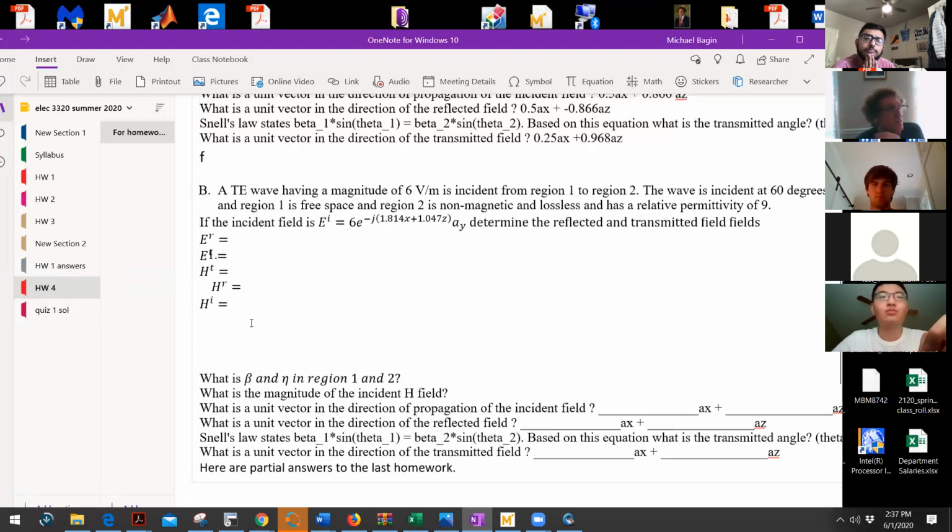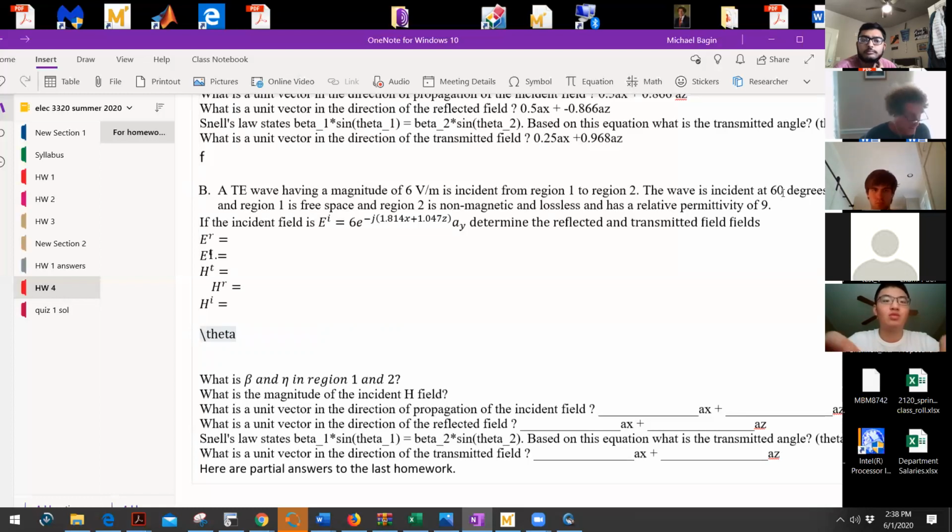First thing I'm going to do is, the wave is incident at 60 degrees, right? First thing I'm going to do is get the transmitted angle, all right? Does that make sense? Let me do it this way. We know that beta 1 sine theta incident is beta 2 sine theta transmitted, right? So the actual angle of transmission, theta transmitted, would be equal to the inverse sine of